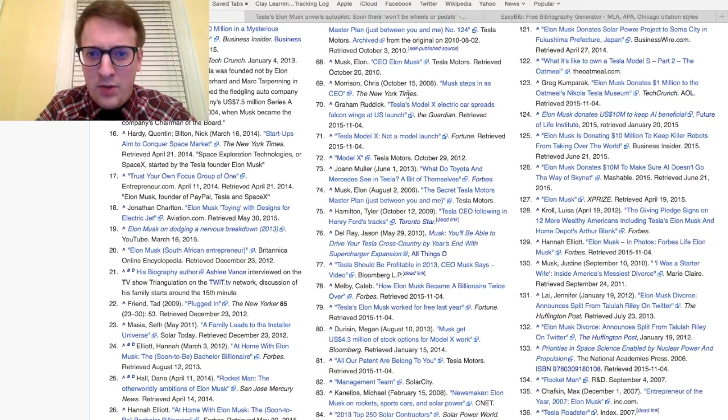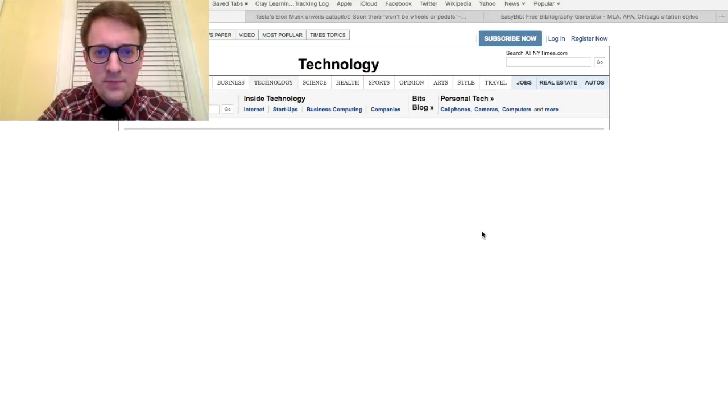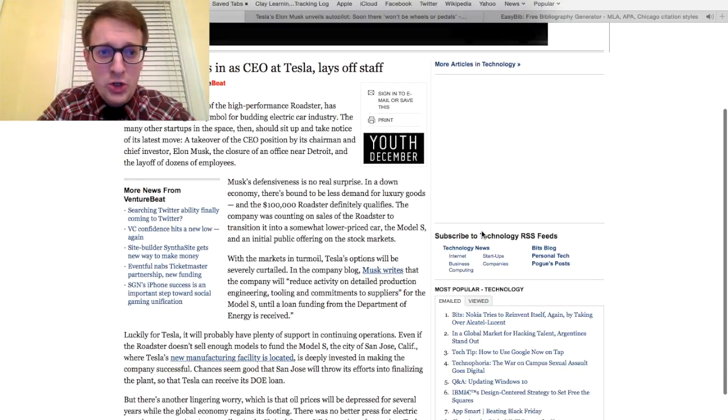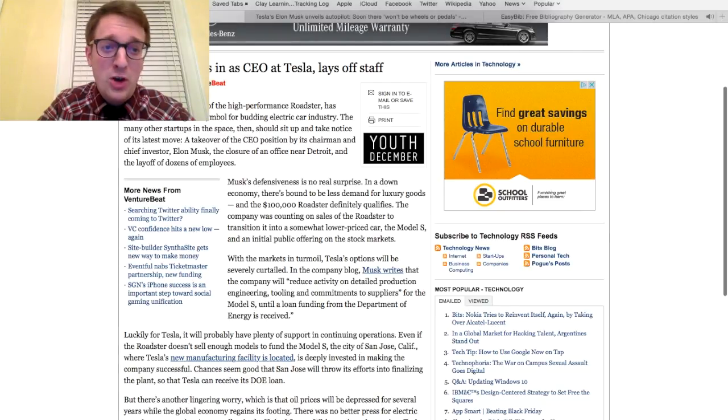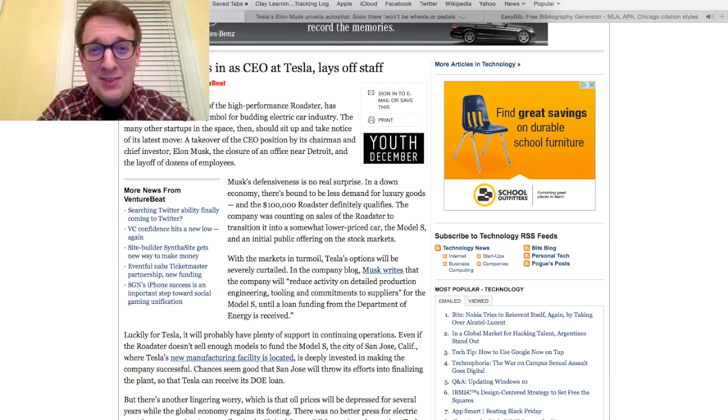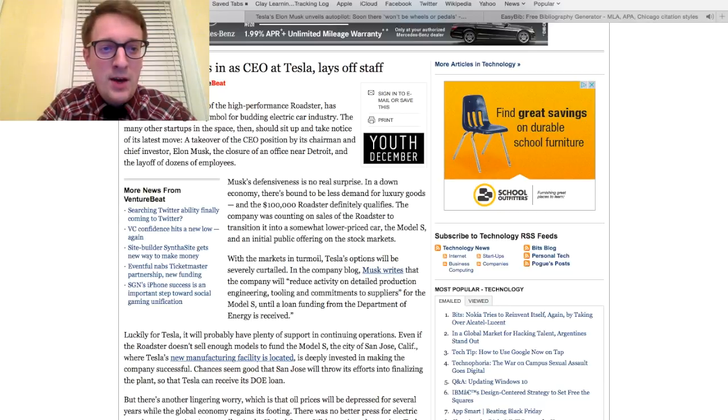Here's something from the New York Times. Musk steps in as CEO. So you click that. Okay, the technology page. Looks good. It's credible. I mean, there's an author named there. That's usually a pretty good sign. If someone doesn't want to claim an article and say that they wrote it, then it's probably not a very credible source. So I see an author name, October 15th, 2008. Still fairly recent. As long as it's after maybe like 2006, I would say that's good. Maybe in the past like 10 years, that would still be considered current.